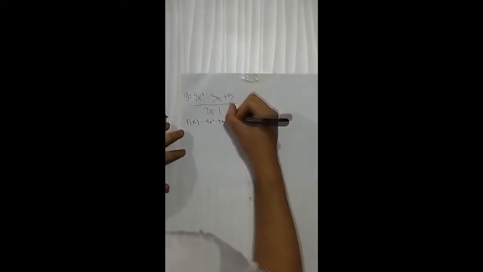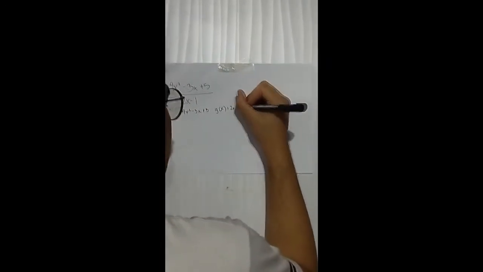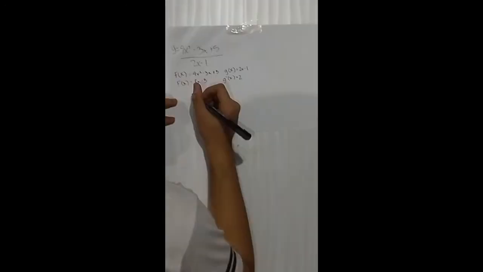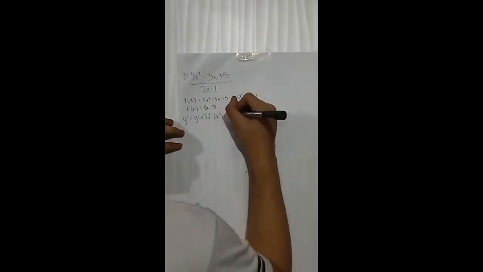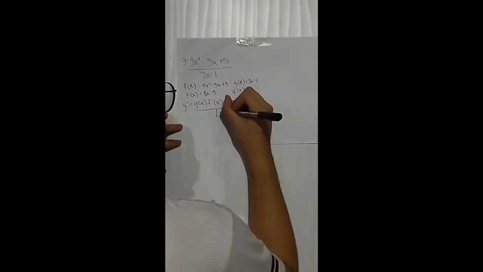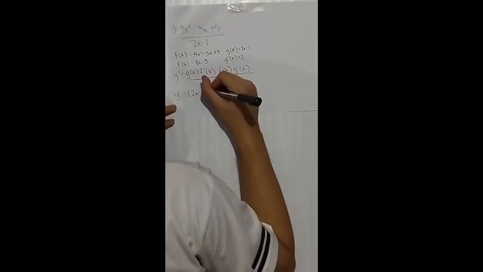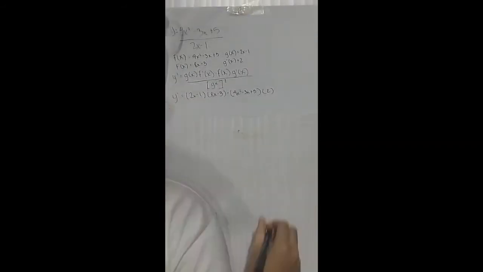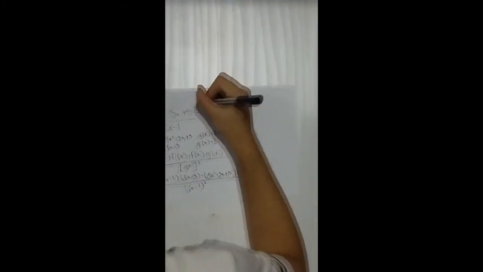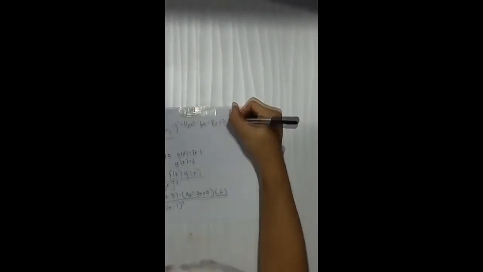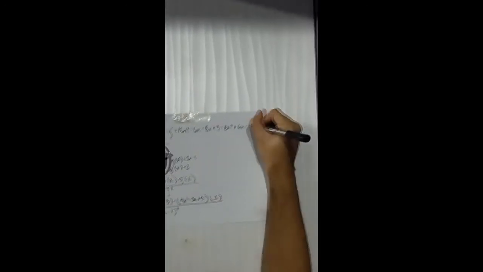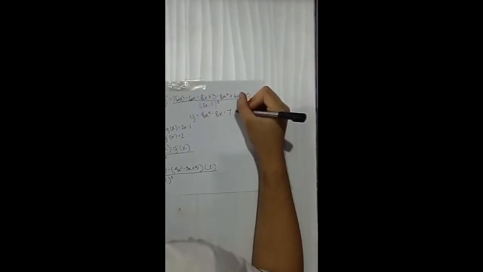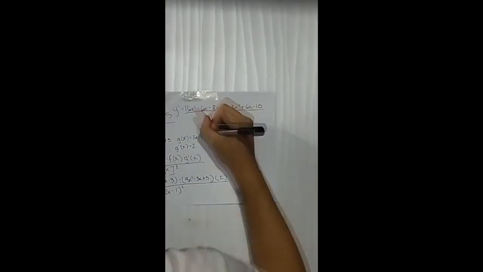f of x is equal to 4x squared minus 3x plus 5. Then ang g of x naman, which is 2x minus 1. Then getting the first derivative nung ating f of x, which is f prime of x, we have 2 times 4, that is 8x, then 2 minus 1, we have 1, minus derivative ng 3x is 3, then derivative ng 5, since 5 is